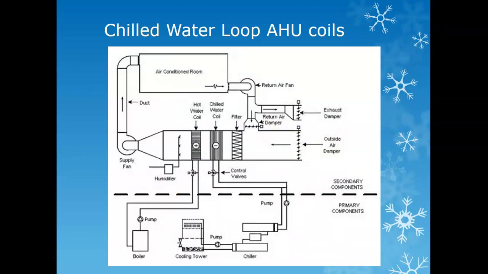All right. So this is a mock-up of some chilled water loop coils. Okay. So you've got your air-conditioned room. This is what I was talking about. You have your whole system out here. Okay. This is the separate system that's run through all the duct work. All the main work is done separately. We just get the byproduct of the cool air being blown over the coils. Does that make sense?